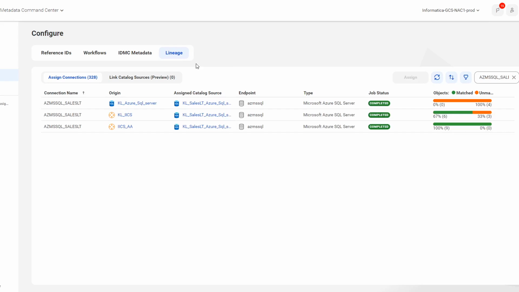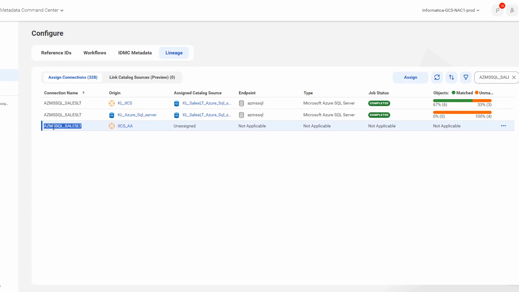Once we are in Metadata Command Center, we need to go to Configure and then the Lineage tab. The Lineage tab will contain all the connection names for all the ETL sources. For now, I have filtered for a specific connection name. We'll be taking this connection as it's currently in an unassigned state. We'll try to find the endpoints for this specific connection, and then we'll do the connection assignment. So first step will be to copy this connection name, and once it is copied, we'll go to Data Governance and Catalog,